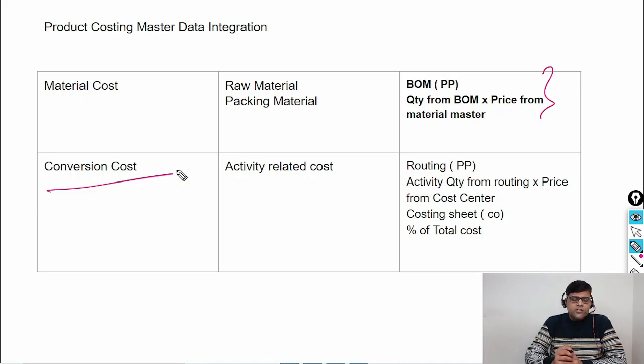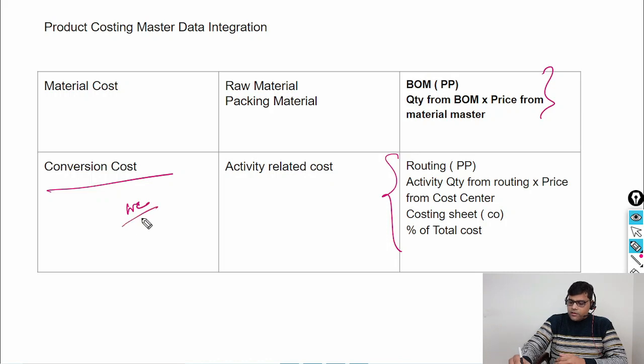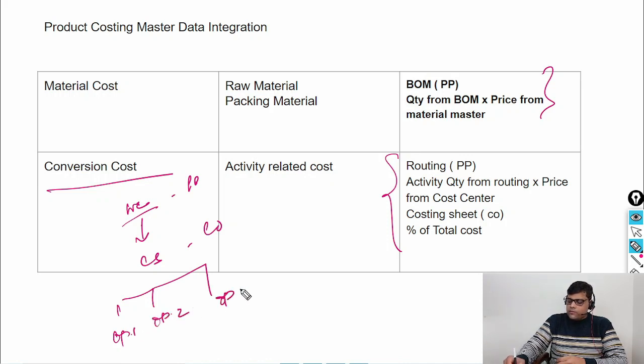It needs to be linked with your CO, so that the price will be calculated. That is nothing but your routing. In routing, we are going to define all these operations. As many operations as we want, we can add here. This is our work center, and under this work center, a cost center needs to be designed. Work center is part of PP, cost center is part of CO, and under this we are going to have different operations. Under operation 1, operation 2, operation 3, some activities will be there. Once the activity quantity is integrated with the value,